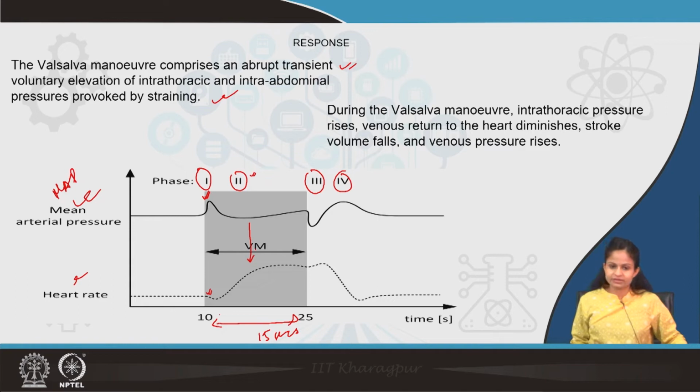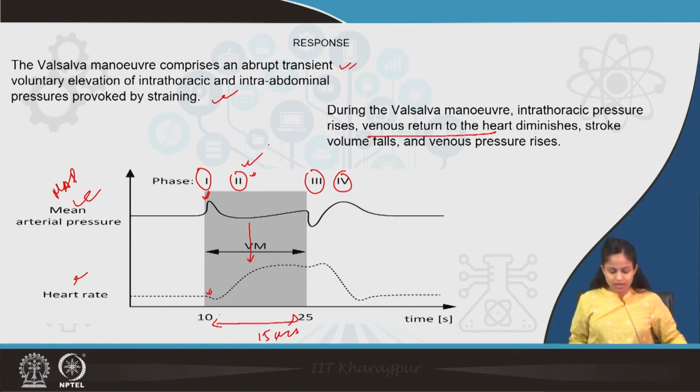This fall in the blood pressure is mainly because of the increased intrathoracic pressure and the increased intra-abdominal pressure during the Valsalva maneuver. The increased intrathoracic pressure has led to decreased venous return. This decreased venous return has led to a decrease in the stroke volume and the cardiac output, and hence the blood pressure decreases in